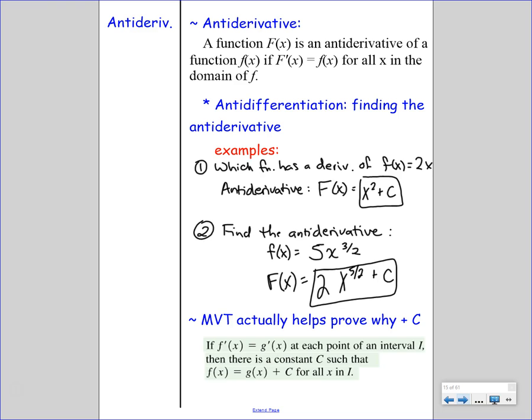At the very, very end of the day, though, MVT actually helps prove y plus c, but how come? Did anybody figure out how MVT helps? Because there's a constant, you derive, it becomes 0, and there has to be a constant. Yeah. So you guys see the whole idea that there must be a constant. F prime equals g prime, so I'm going to have 2 different derivatives. There must be a constant c such that, well, how does that work with the average and the instantaneous and all of that stuff?